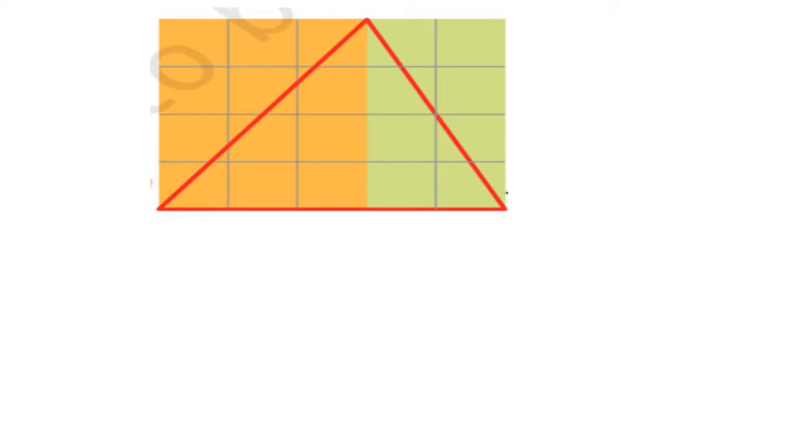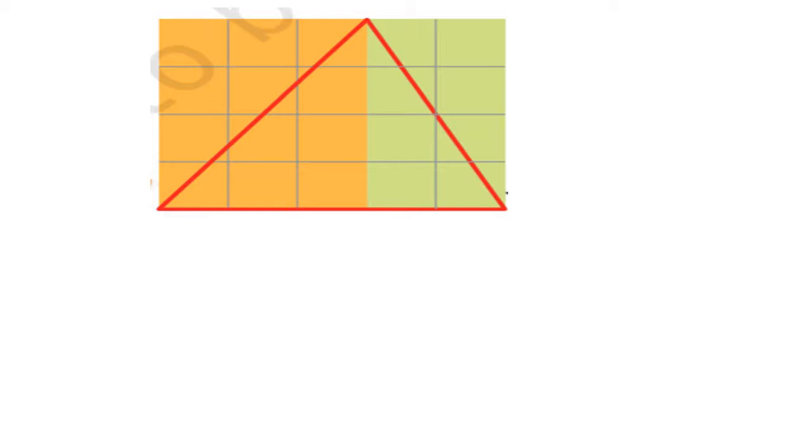So here is this red triangle. Now this is the same rectangle, and this is the same triangle. I just removed the blue triangle from this rectangle for our convenience, and we can easily find out the area of the triangle now. As we know, the area of this complete rectangle is 20 square centimeter.